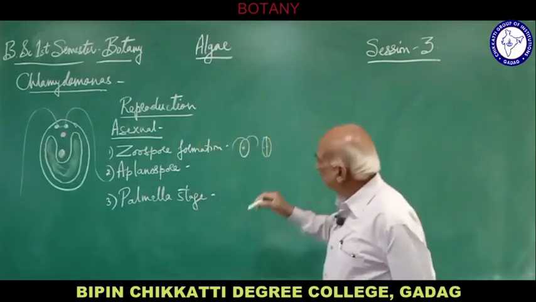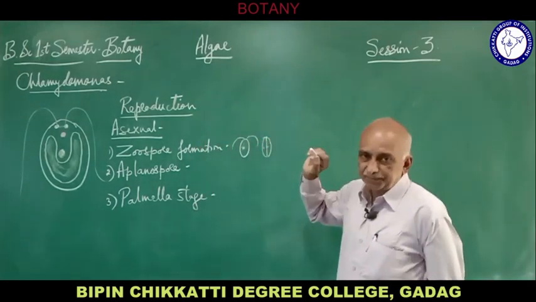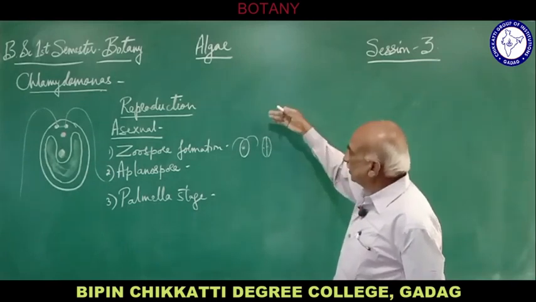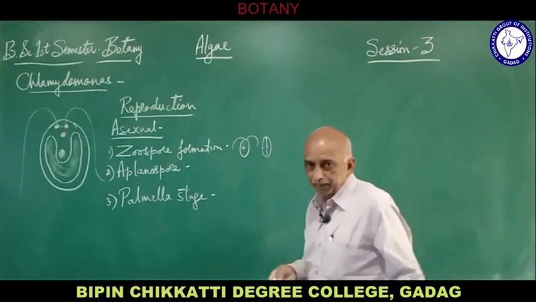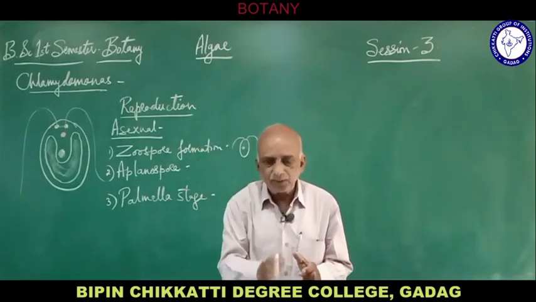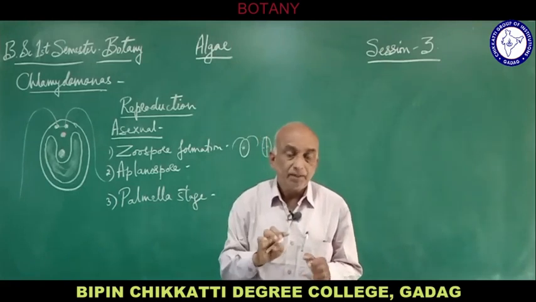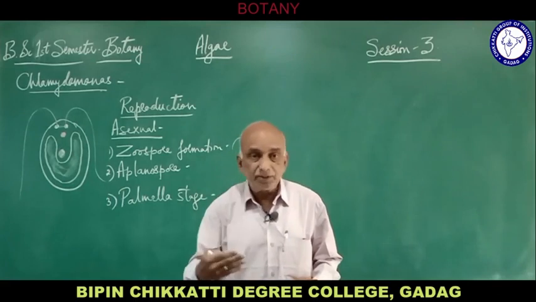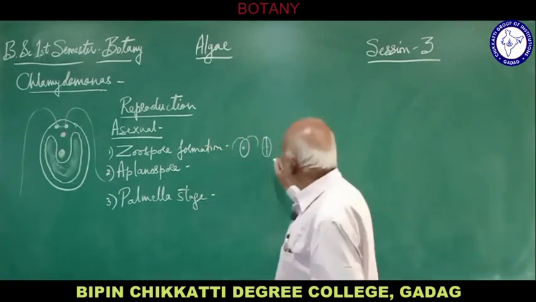Now when by just a simple mitosis division, after two cells are formed, again these two cells will divide perpendicular to each other. Now suppose this is one cell, if it divides into two cells in this plane, two cells are formed. The next division will be perpendicular to the first, also longitudinal. So four cells are formed